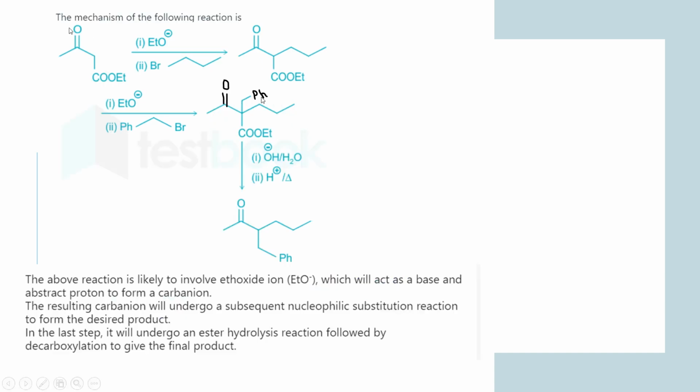In the first step, we are given this beta keto ester, and when we add base to it, it will definitely abstract the most acidic proton. Which one is it? It is this one. Ethoxide is the thermodynamic product giving base, the list that we studied in the last tutorial. So in presence of ethoxide, you will get the thermodynamic enolate. So the proton abstraction will take place from this particular carbon. Then you get the enolate first,